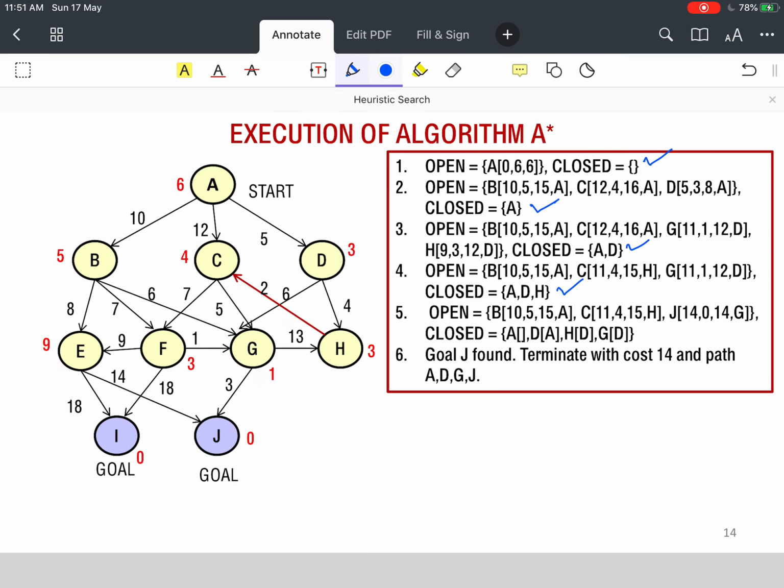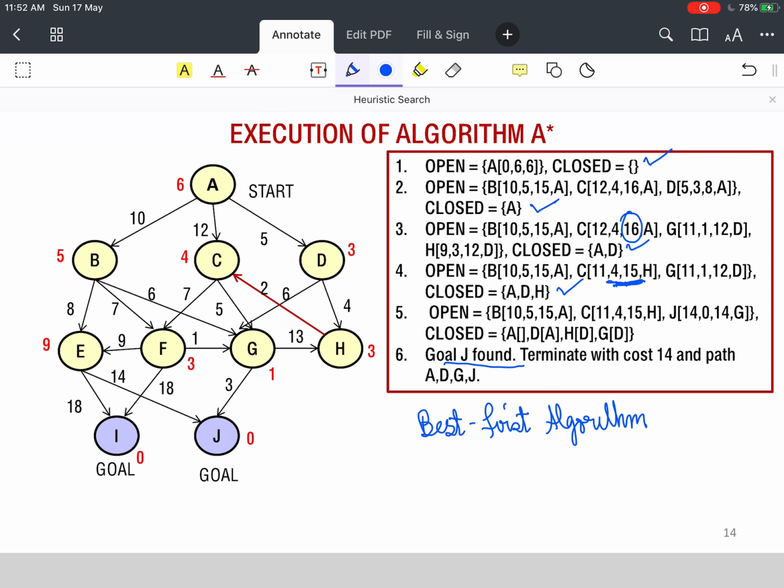So once H comes from open to closed, we have seen how the value of C gets updated from 16 to 15. And then once H is put in closed, then we open up and find G, just as we did. So this, as we said, is a best